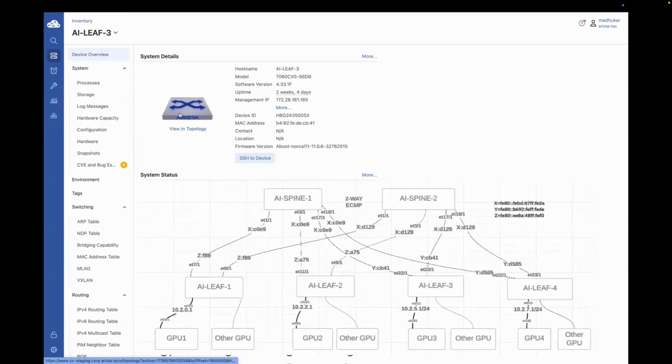Now the endpoint search directed us to AI leaf 3, which means that this IP was hosted on the AI leaf 3 device. Now, if we look at the topology diagram again, we can see that the AI leaf 1 and leaf 3 have no direct connections. So how did we learn about this? And that's something we know, that we learned this behind ET26/1. We need to figure out what is connected to this ET26/1 by which we are learning this IP. But before we do that, let's take a look at the endpoint search and perform this operation for the other 2 IPs that we saw being formed as a BGP peer on AI leaf 1.